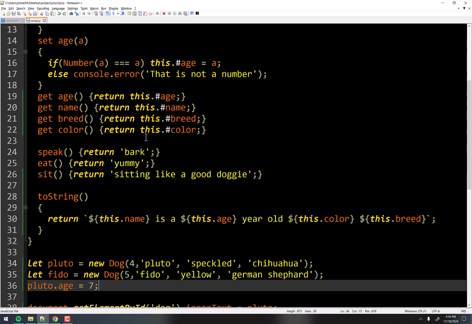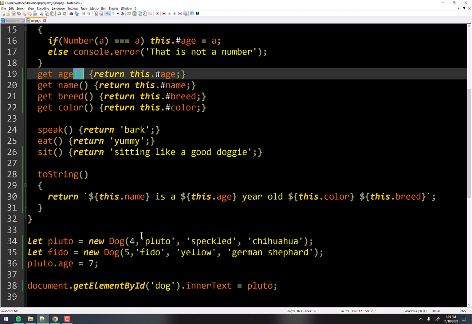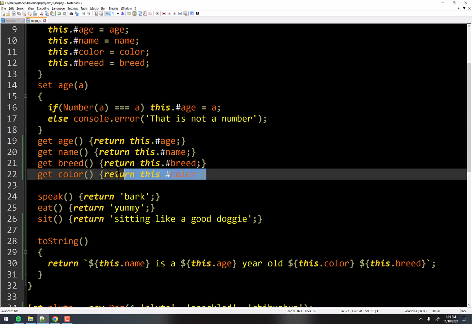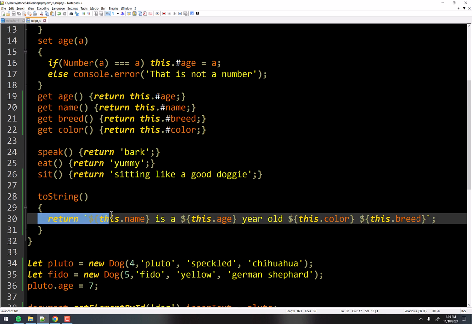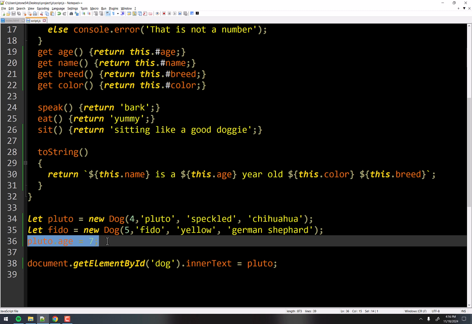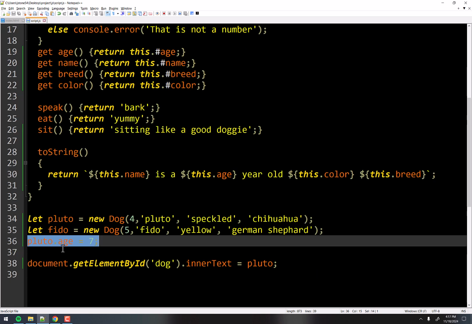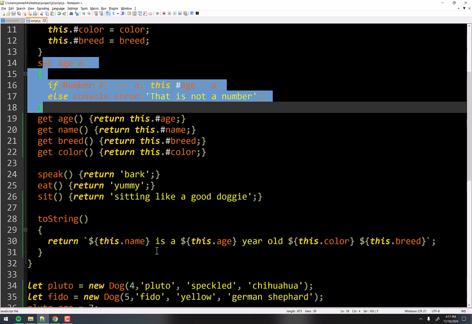They are designed so that if you name them properly, right, you name them after the variable name, the same as the variable name, but with the parentheses, then it will actually function the way that it's functioning right now. Now, also notice, however, we don't have the setters created for everything but age, right? So we could also add those in, but for the purposes of the toString, we just needed the getters. And this right here, Pluto.age equals 7, that works just fine because we do have a setter here. And if we wanted to properly do that with the other variables so that we could go this, or Pluto.name and so forth, we would need to create setters as well. We're not going to bother for this little experiment.